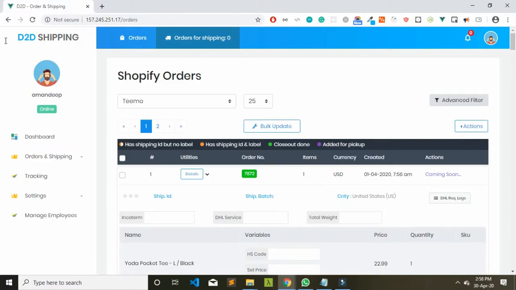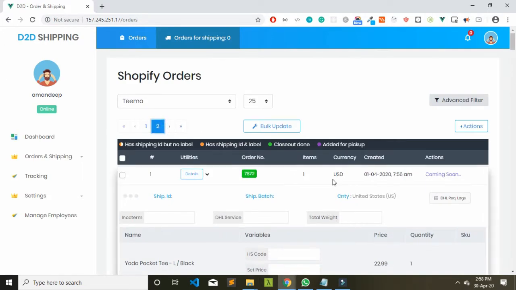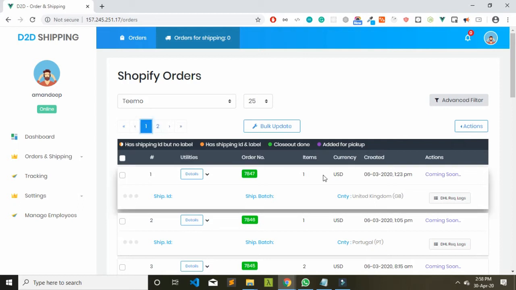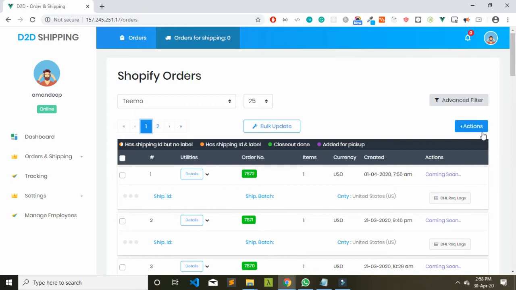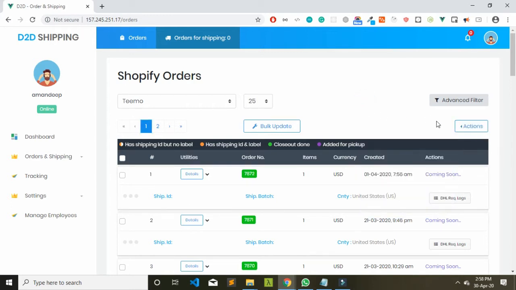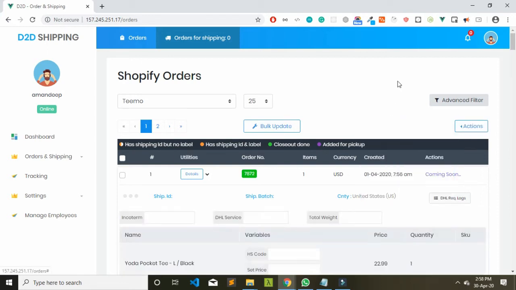Mind it, it is just for this view only. Once you change the page, that preference goes away. So if we need that too, I will implement that one also. If I have to remember whether it was expanded or not, I can add that in future, but right now it is not there. So let's move on and let's again expand everything. And